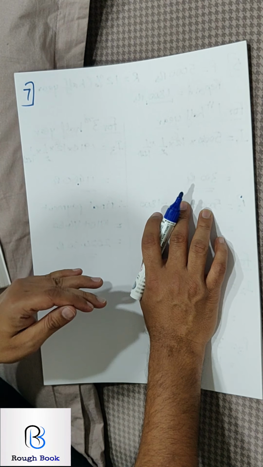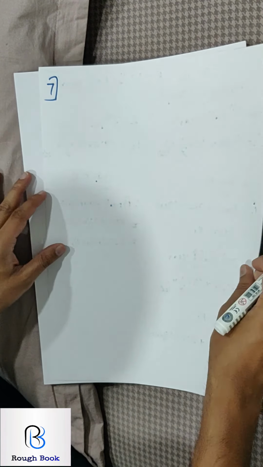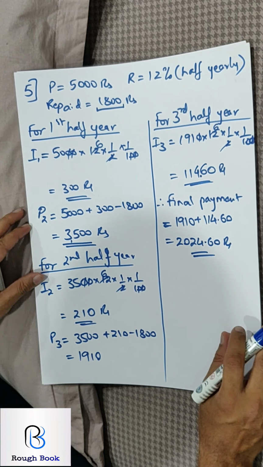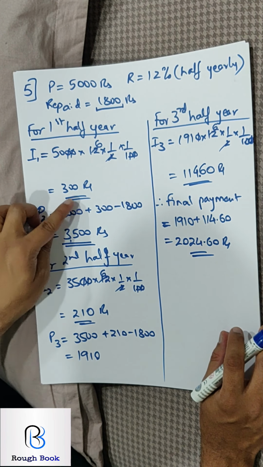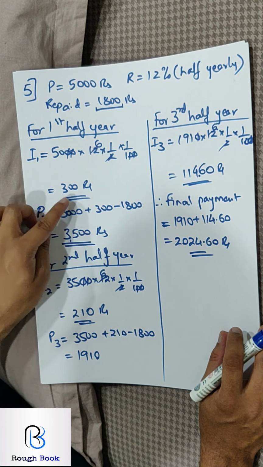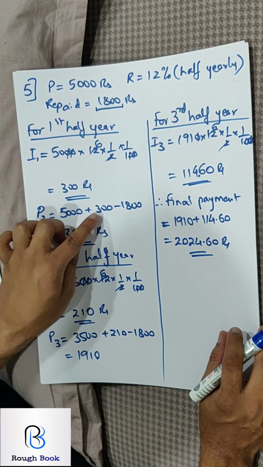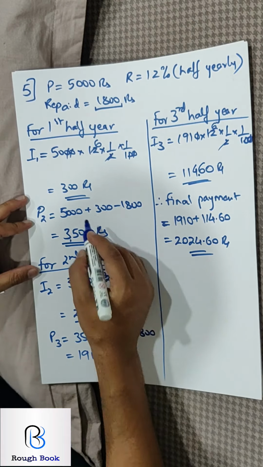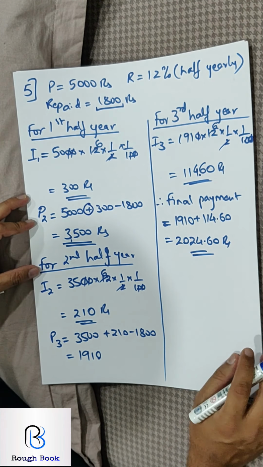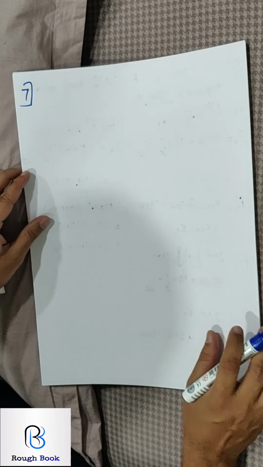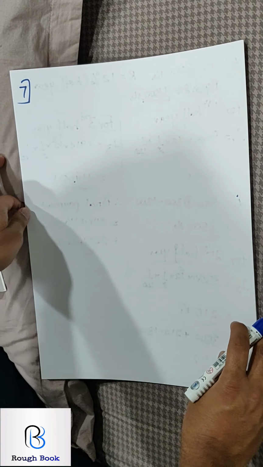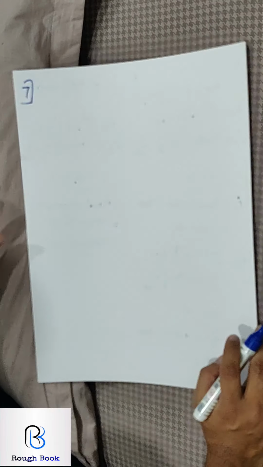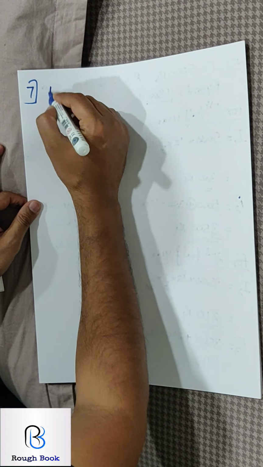That's what we assume. So the method remains the same, but instead of I, we call it D1, D2. And here instead of adding the interest, we subtract the depreciation because the prices are reducing. So the only difference is this will change, right? So please try 7th with the logic that I just taught you. Come on, go ahead. A manufacturer estimates that his machine depreciates by 15% of its value.